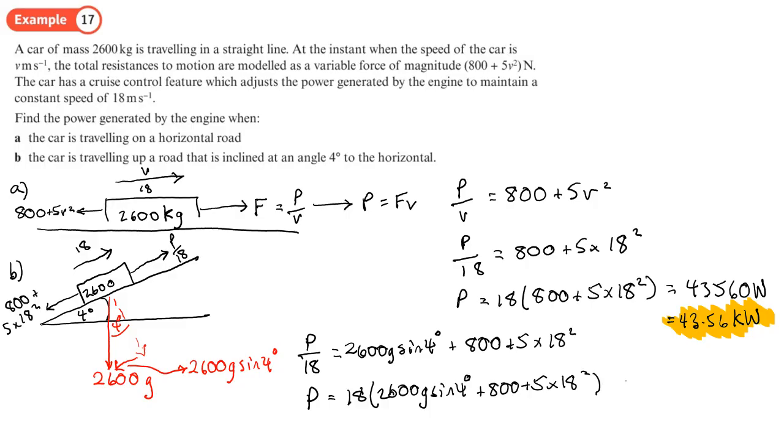So let's put this on the calculator and see what we get. So 18 bracket 2600 times by 9.8 times sine 4 plus 800 plus 5 times 18 squared, and that gives me